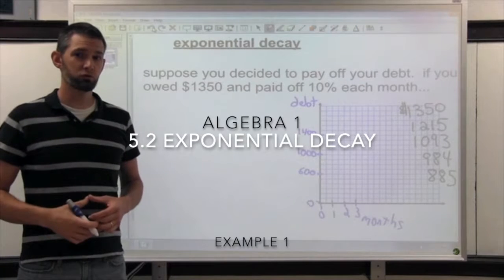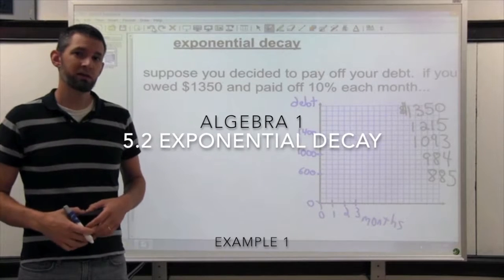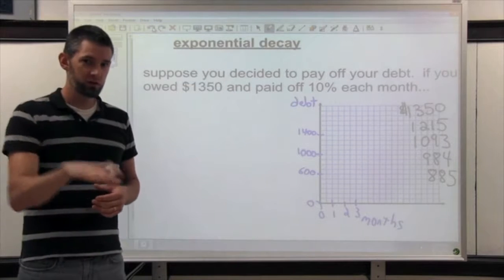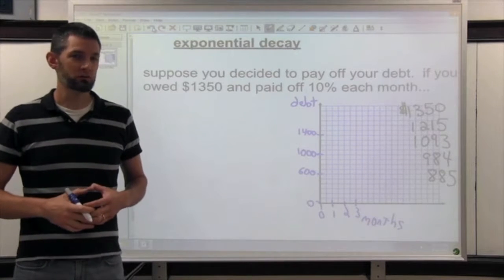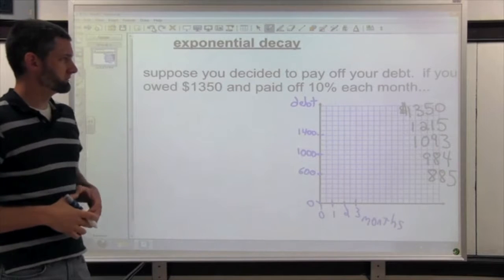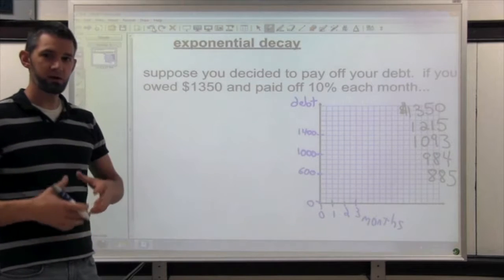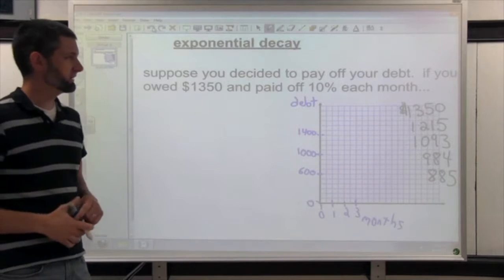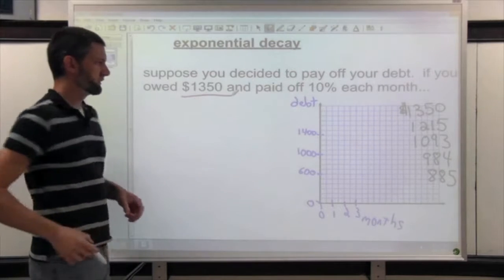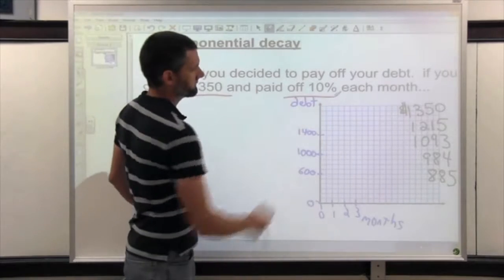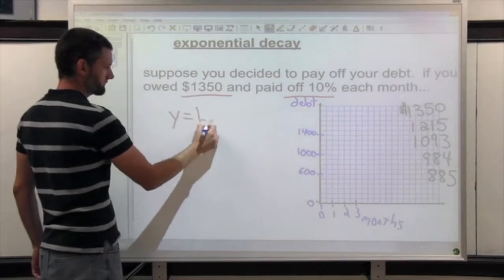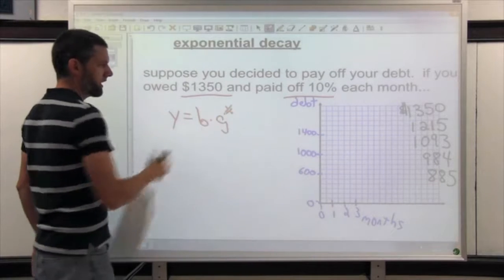So just like things can grow exponentially, they can also decay exponentially. And that's when situations go down or decrease. Now, let's take a look at an example which is fairly common. If you're paying off some debt, some amount that you owe, which is common and a good idea. If you owe $1,350 and you're paying off 10% each month, let's see how our exponential growth formula also works